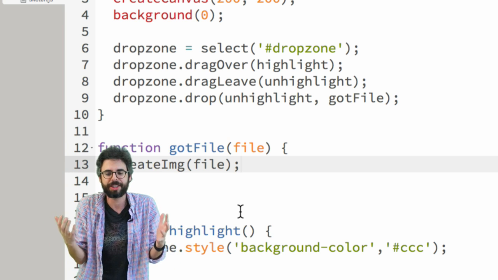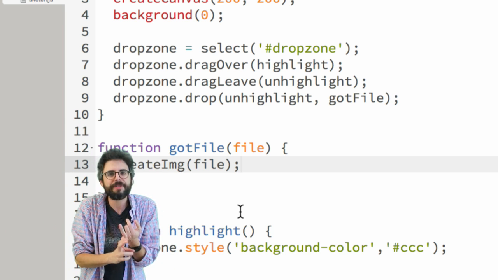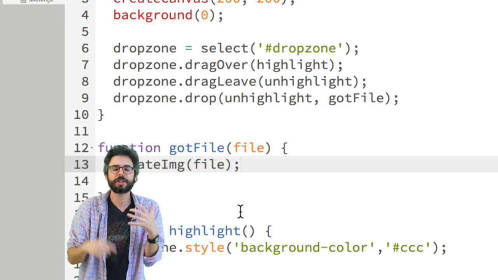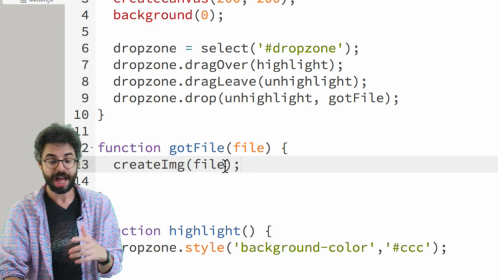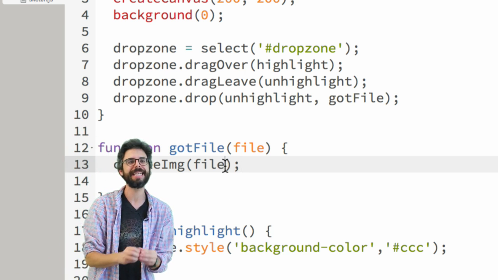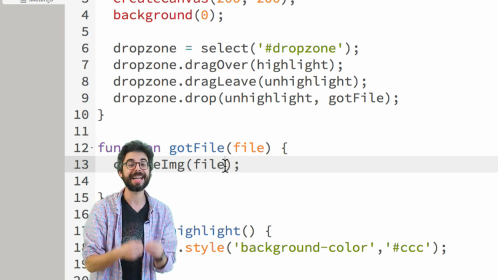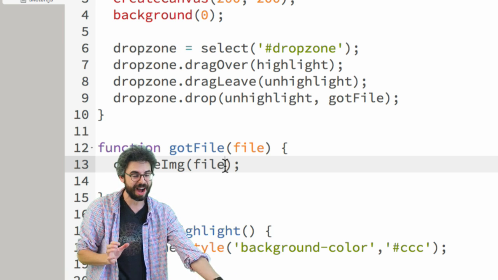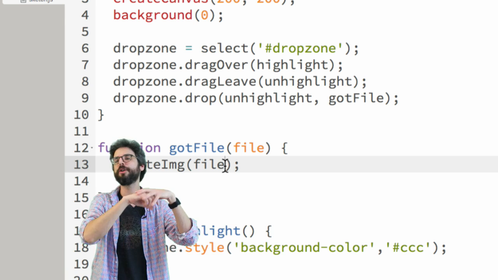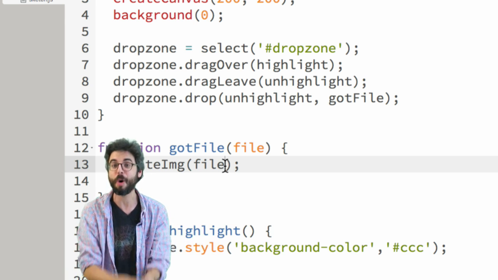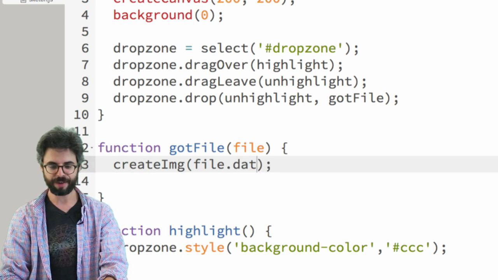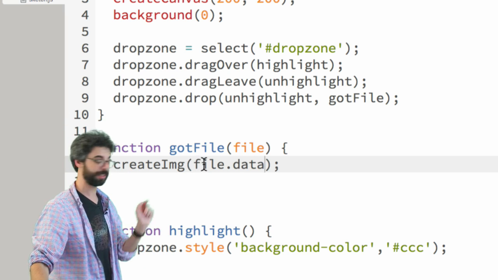And there's all this information. Like, I know how big the file is, what its name is. There's lots of metadata associated with that file. And something that's in that file is a property called data. And that data might just be the text that's in the file. It might be some other data format, or it might be image data. So if I say create image file.data,